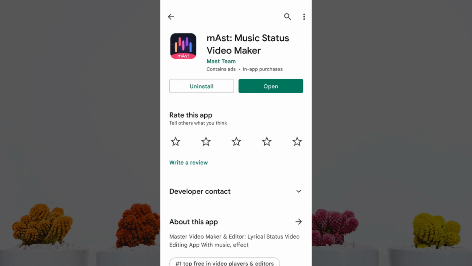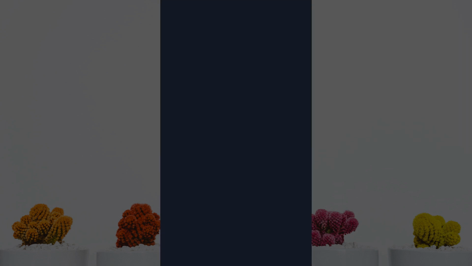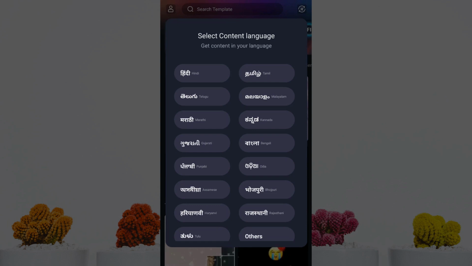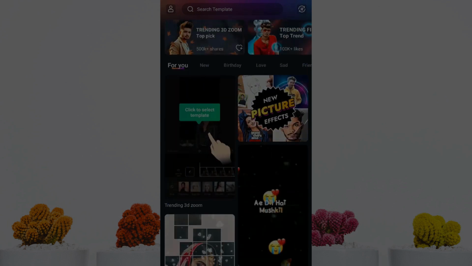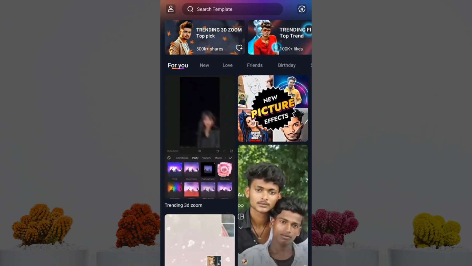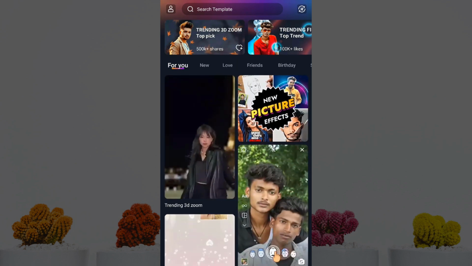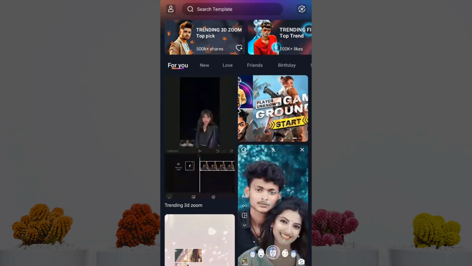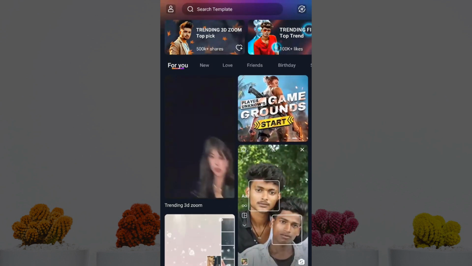After installing, open it, agree and continue, select your language, and you can see the first video is trending 3D zoom. You can select that. Also, you can select on top trending 3D zoom topic, or you can click on search